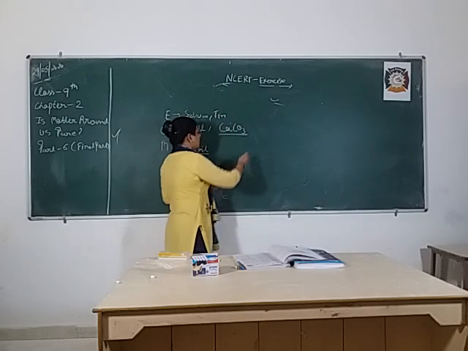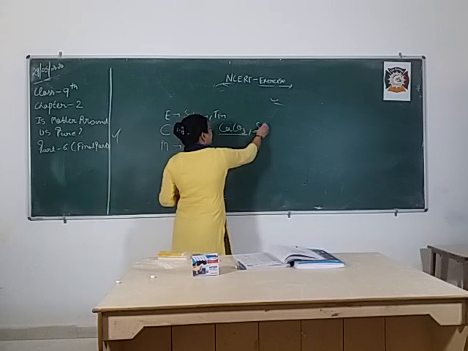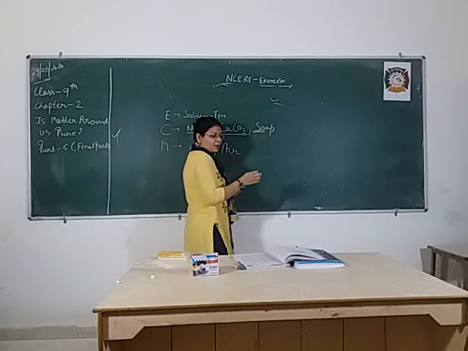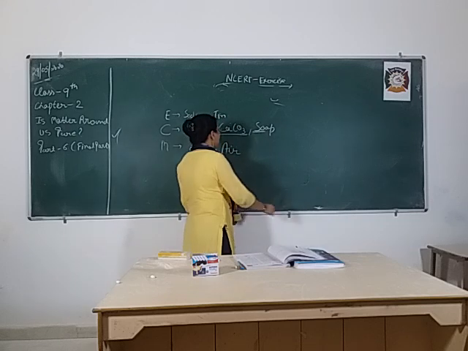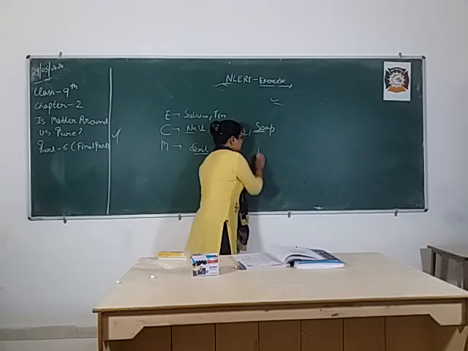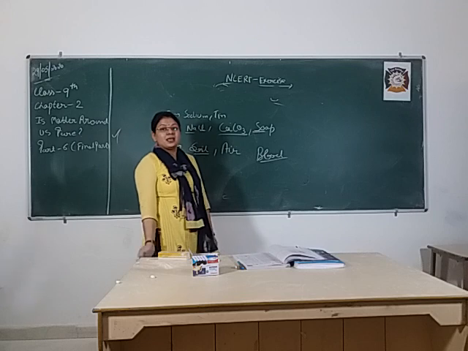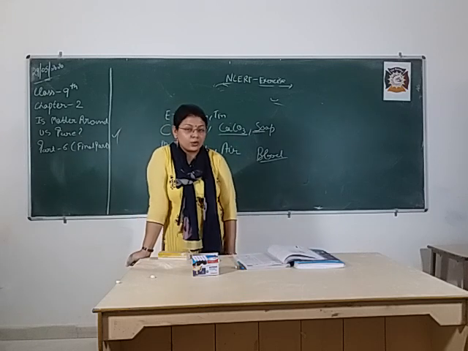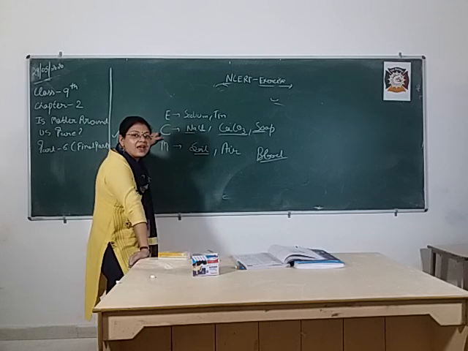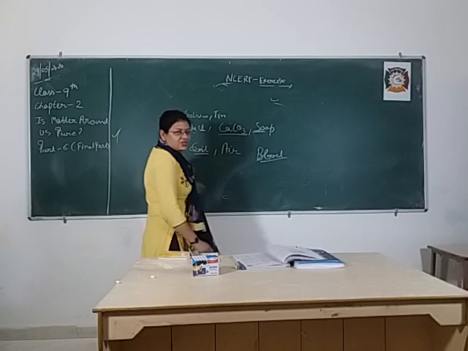Soap. Soap is a compound. Okay. Air. Air is a mixture because it is composed of a number of gases. Okay. Last is blood. Blood's appearance is homogeneous. Okay. But we have to classify element, compound and mixture. Bache, in blood we are having two things, serum and plasma. That means it is a mixture.